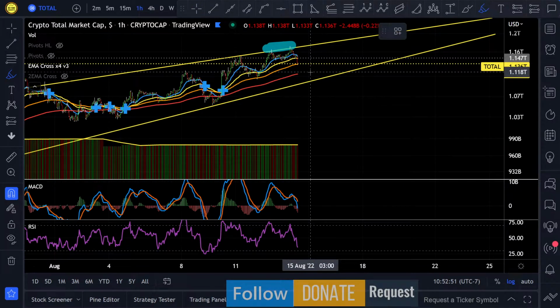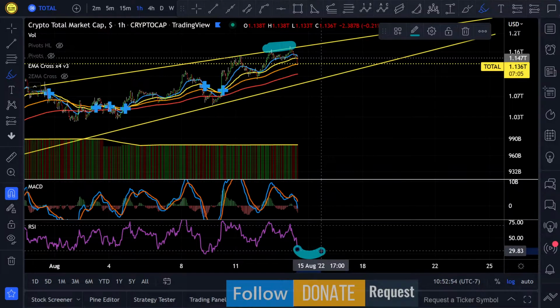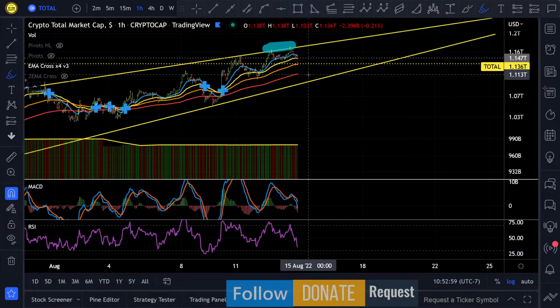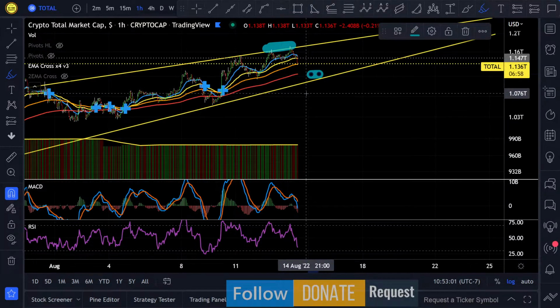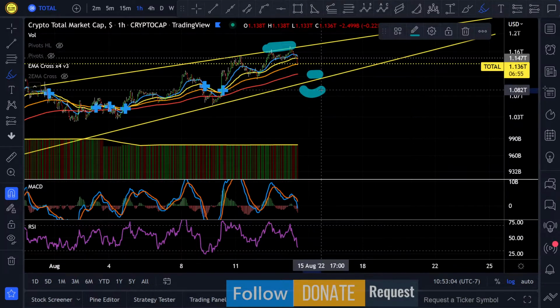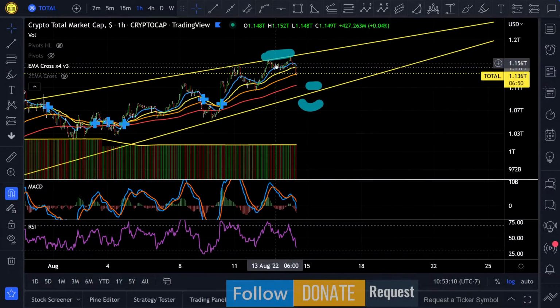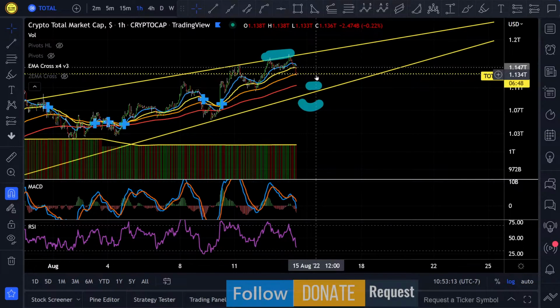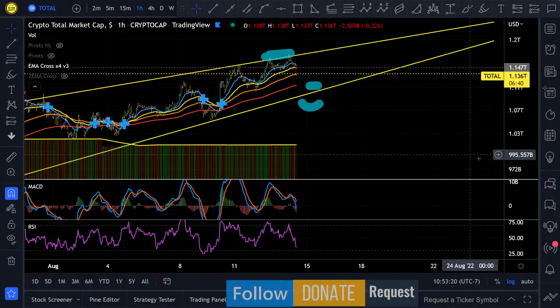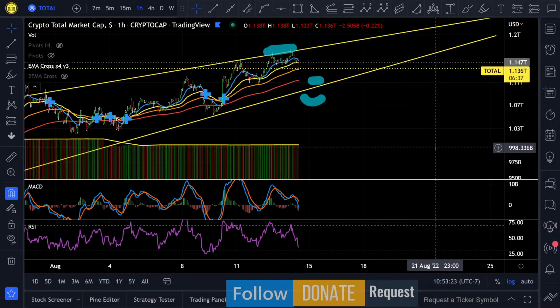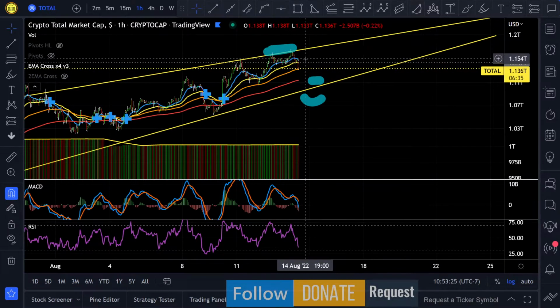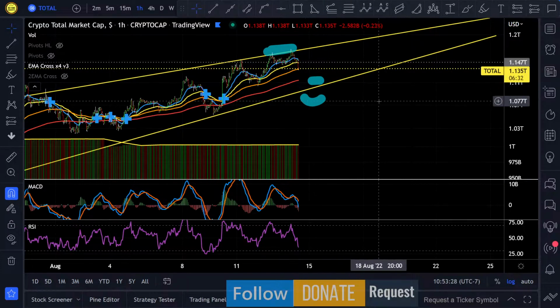But at the making of this video, are we really oversold for trading? We are not. So where could those levels be? It could be at 1.1 trillion, it could be 1.0, somewhere over here, 1.07, 1.08 area, right? This is sometimes the problem with trading: when you open up your charts or your phone or your exchange, is there a real chart setup